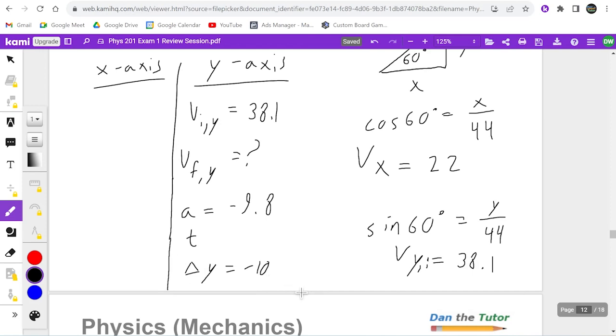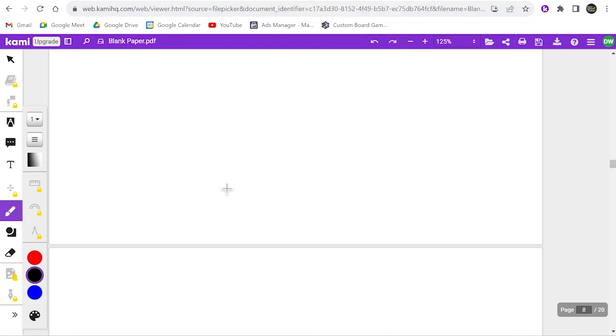Negative 10. And now what's funny is I actually don't even need the x-axis for this problem. Why not? Because I'm solving for v final y. I don't even need the x-axis. Great. So which equation am I going to plug into to solve for v final? It's the equation that doesn't have time in it, because I don't know what that variable is, which is the